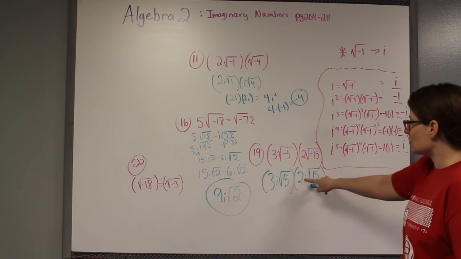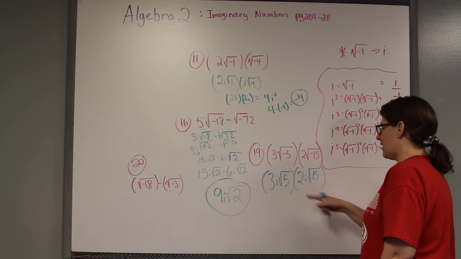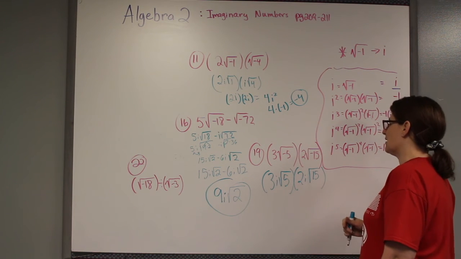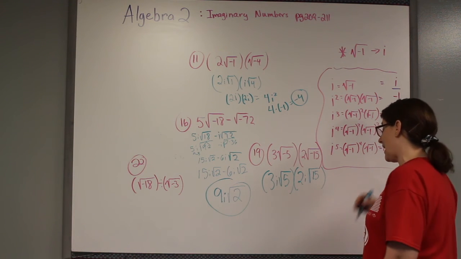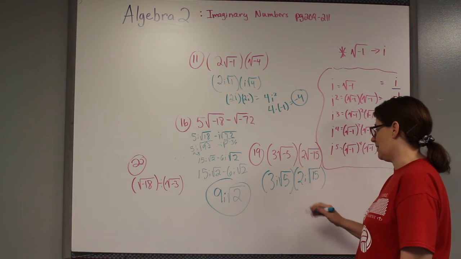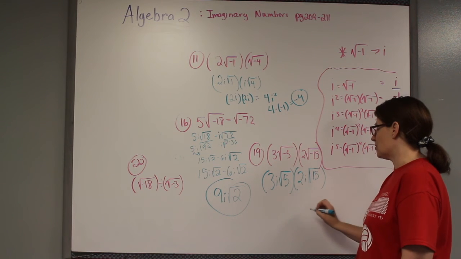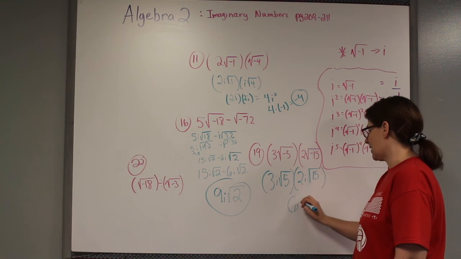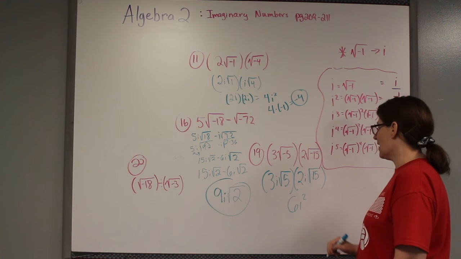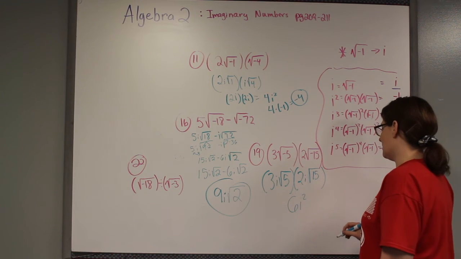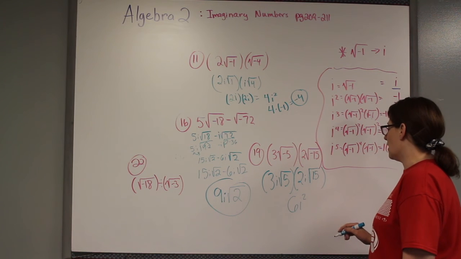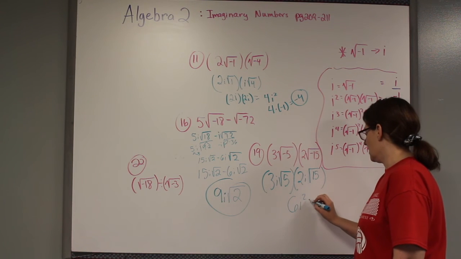Okay, these are square roots, and 5 and 15 are not going to break down into perfect squares, so I need to go ahead and multiply them. I'm going to get 3 times 2, which is 6, i times i, which is i squared, and then 5 times 15,